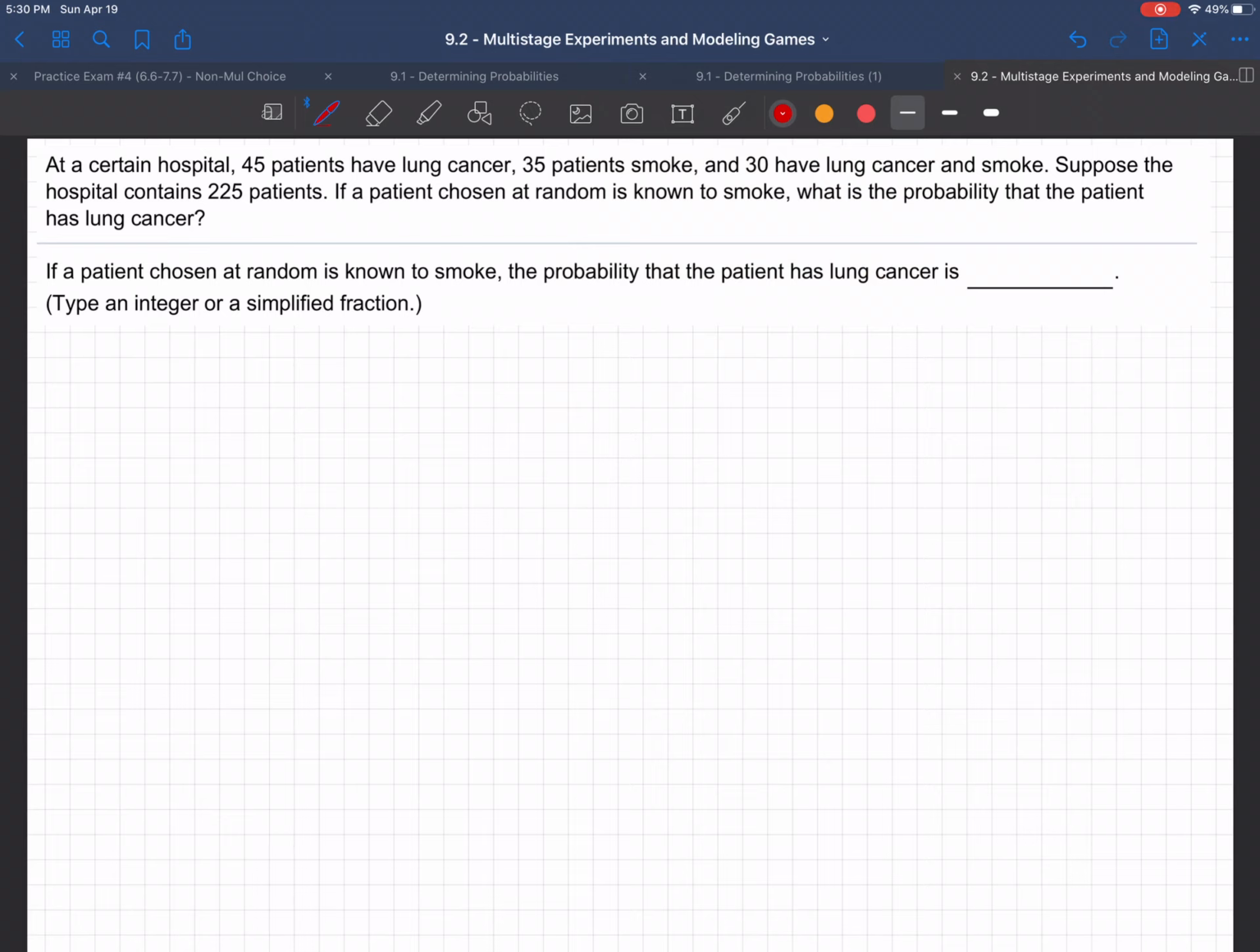What I'm noticing is this part right here. Patient chosen at random is known to smoke. What's the probability that they have lung cancer? That's given information. When you're asked a probability but you're given some information, they're saying we have a person that is known to smoke. So we know something. We have a patient who smokes. What's the probability that they have lung cancer? So when you have given information, it's going to be easier